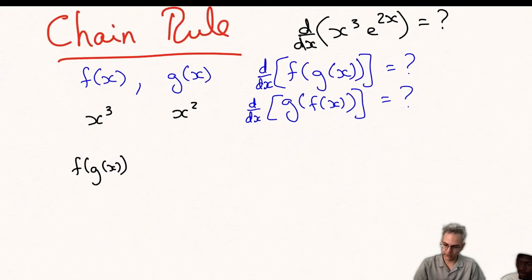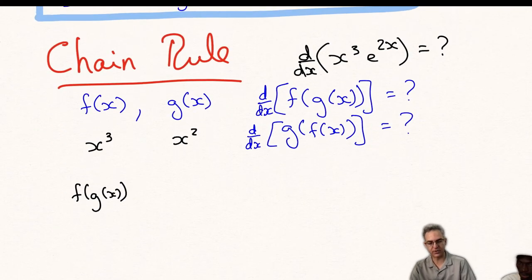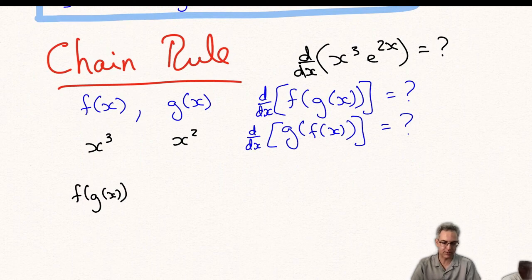We will learn, but we don't know it yet. So for the purpose of understanding the chain rule, let's use simpler functions that we know, and then we'll come back to that. So, how am I doing on time? Oh, it's just 9 o'clock. Great. So f of g of x in this case would be